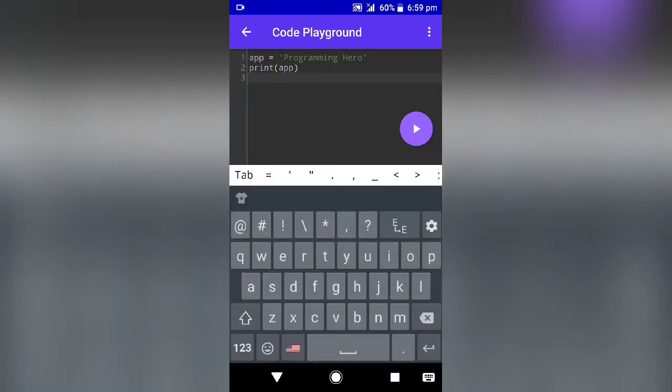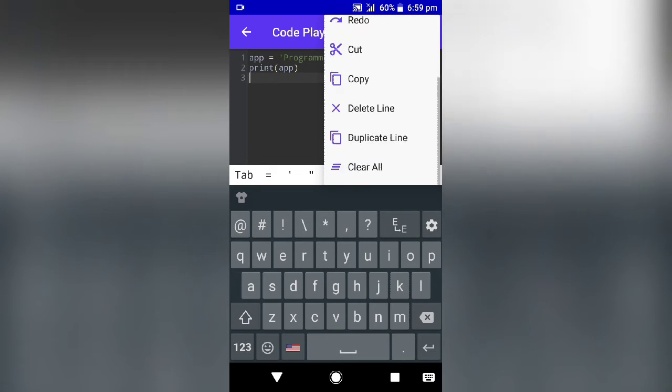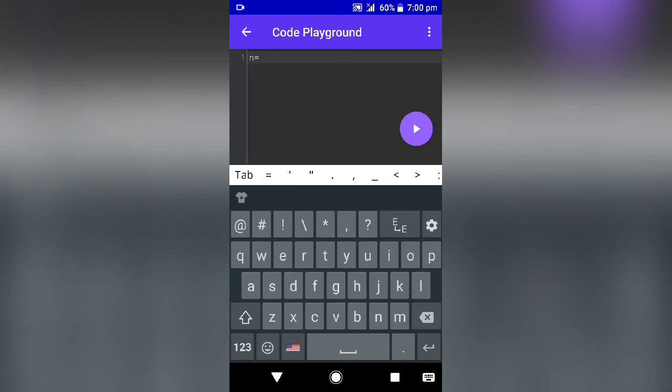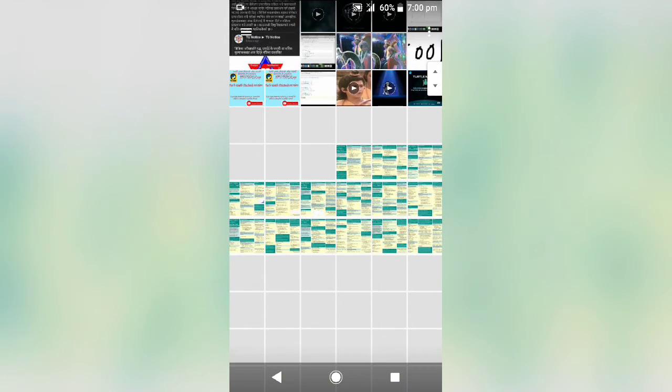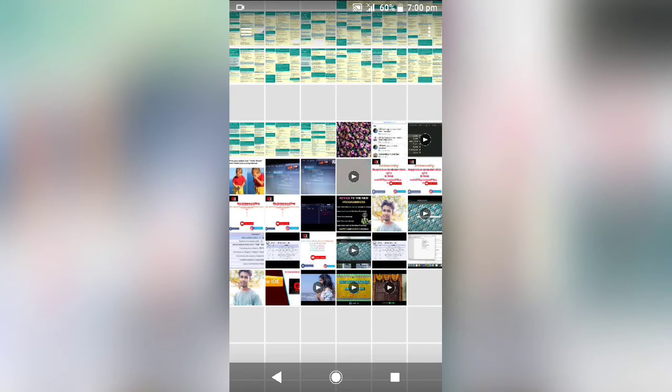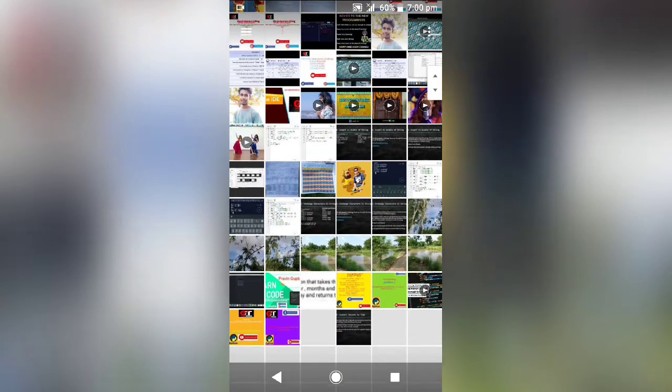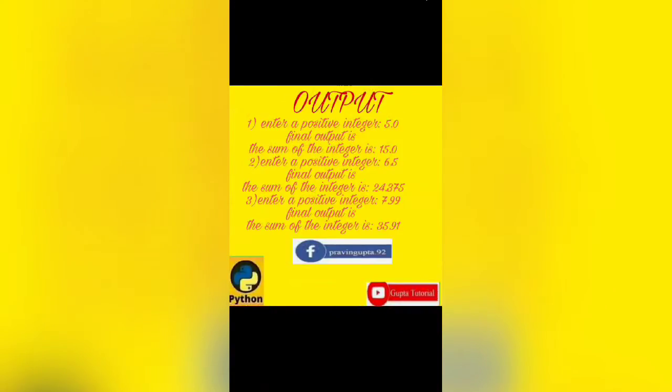Here you have just cleared it, and here n equals, and here you can see the output. Sorry for the disturbance.